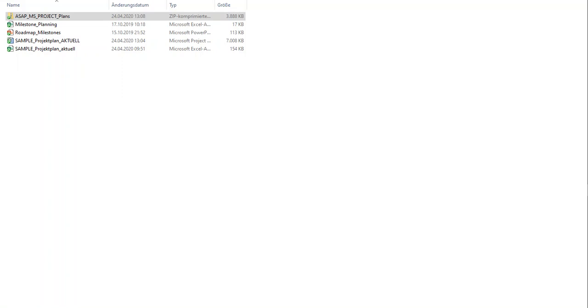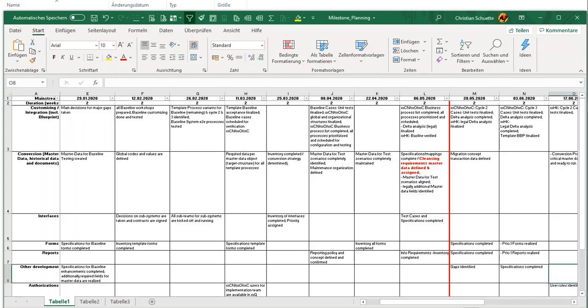So what we do have is a milestone planning in Excel format, a milestone provision for steering committees and other committees in PowerPoint format, and a certain collection of ASAP MS Project plans. So what I'm doing is I always start with the Excel milestone planning, where I have my big work